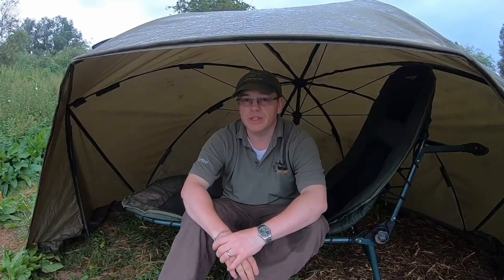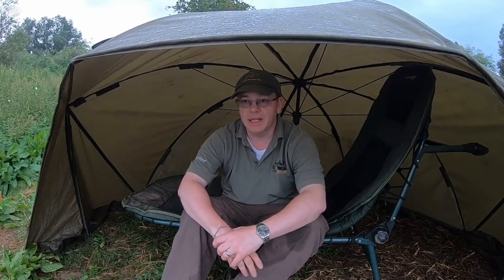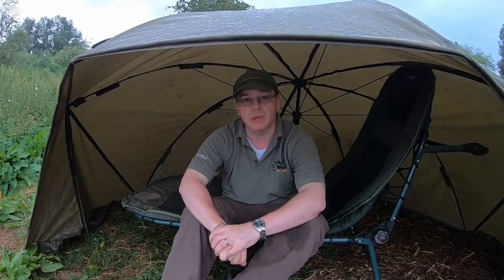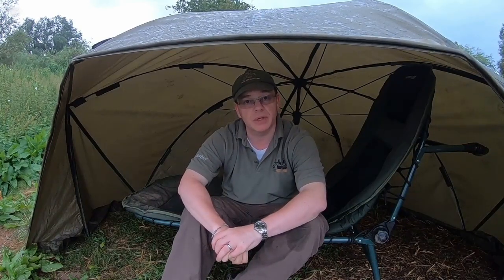Today I'm fishing on the upper Trent. Now this particular stretch I've not fished for about 5 years. I know it's 5 years because I keep notes on all my sessions, and I had a look back before I came here. It was actually July 2015 last time I was up here. I've only fished this stretch twice before, both quite memorable occasions, so I'm not quite sure why I've left it